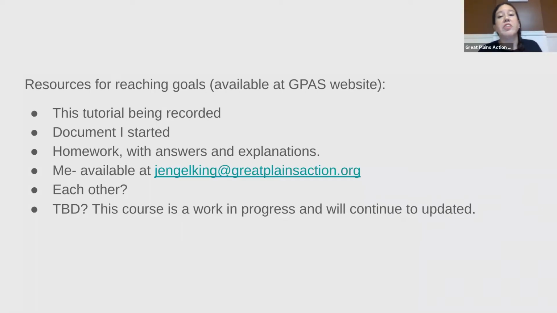The resources for reaching goals. So all of this we're going to make available at the GPAS website, greatplainsaction.org. So this tutorial right here that's being recorded will be uploaded. I started a document